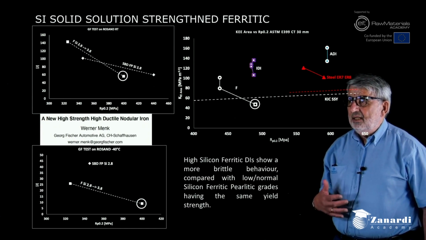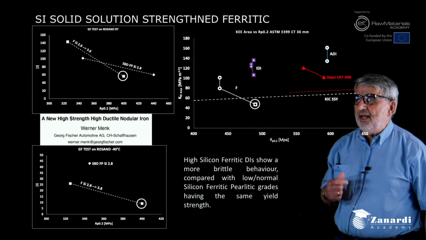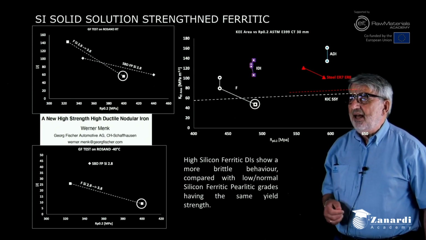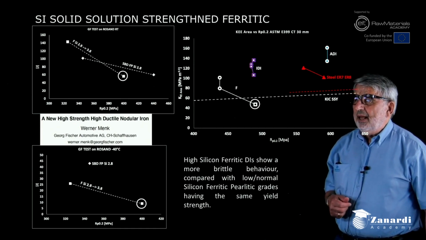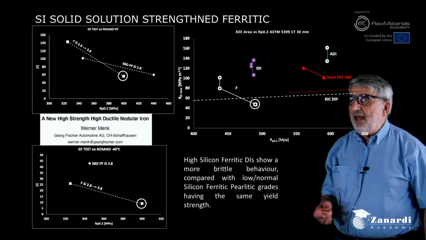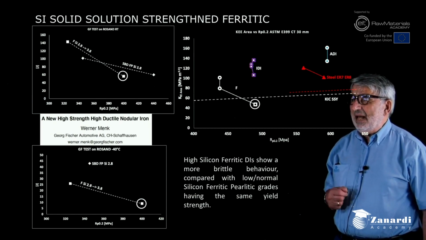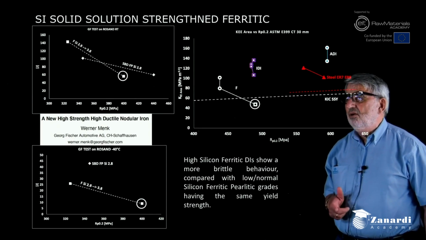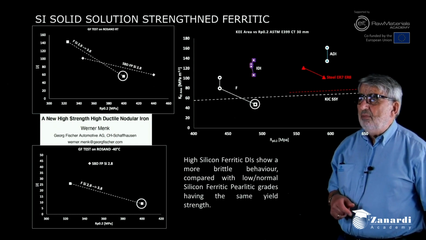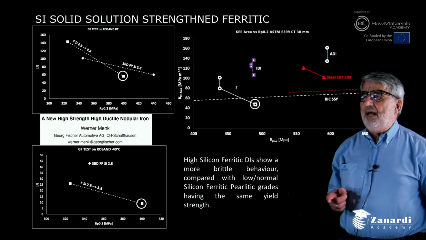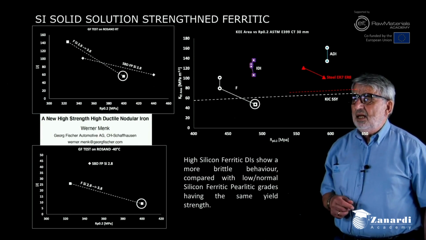measuring the ability of the material to absorb energy at sufficiently high strain rates, where it is shown how a ferritic-pearlitic grade with a normal or low silicon is able to perform better than a high silicon grade of the same yield strength. At our company, we also made other tests that you see in the top right diagram,